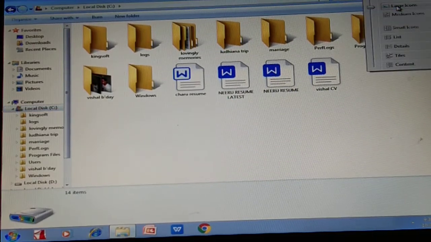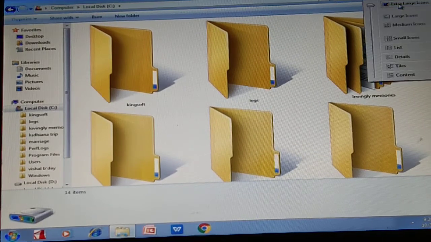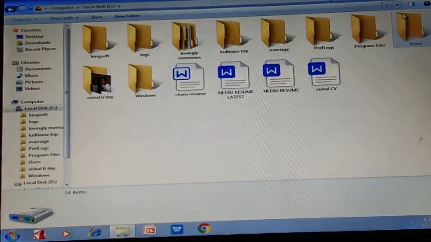If we want the size of extra large icons, I have to click on this. This is called the extra large icons, files and folders. If I want large icons, I have to click on this button. This is called the large icons.